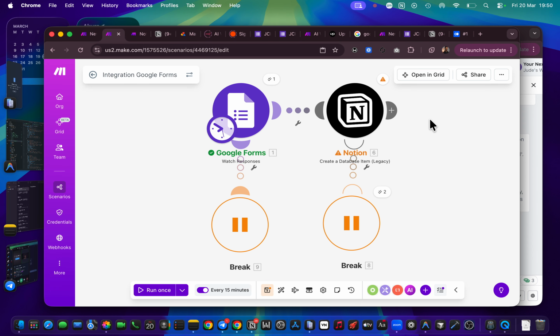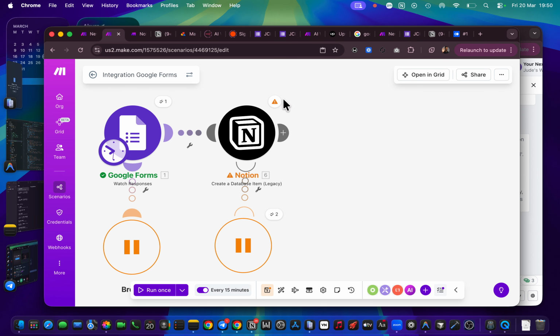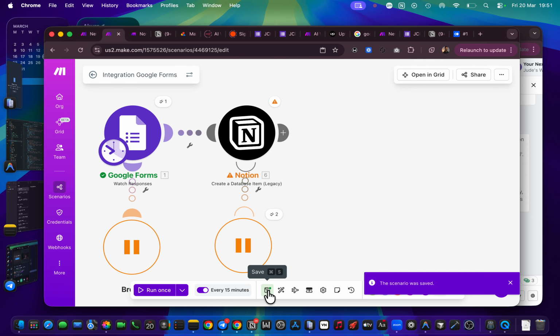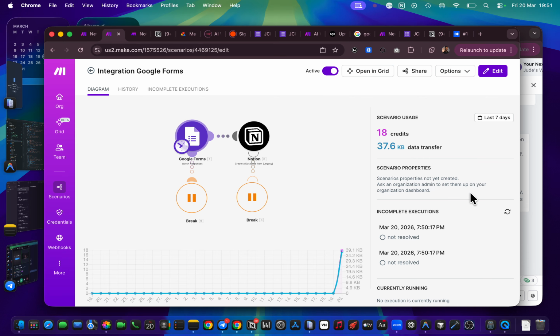So you can see that we had an issue now when I ran it, and when it gave us this attention sign here, because we have an error handler, instead of red it brought out this orange color, and it's ticked 2 here instead. It's trying to say we have an error here, we got 2 stored, we've stored 2 pieces of information here, we're going to try again. Okay, because you don't make mistakes, we'll try it again, maybe it will work. They will probably try it like 3 times, every 1 minute. So we can just leave it. We've been able to do it, so it's going to correct itself. So you can just leave that, please.